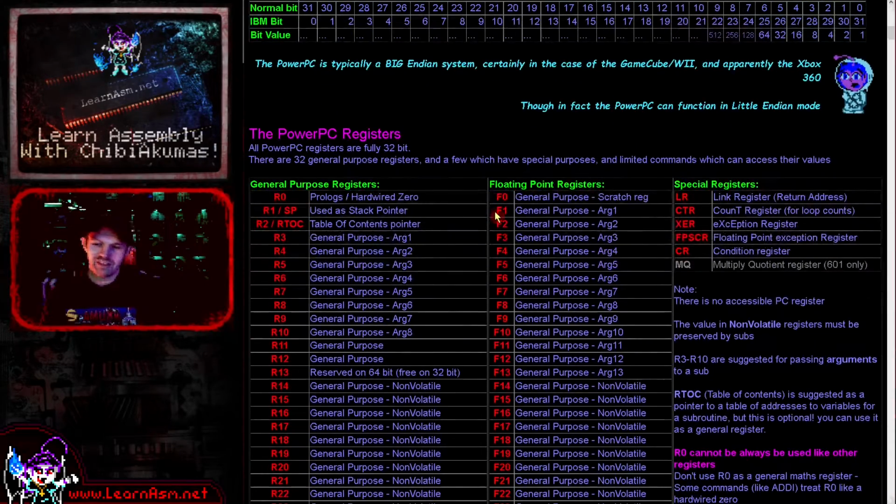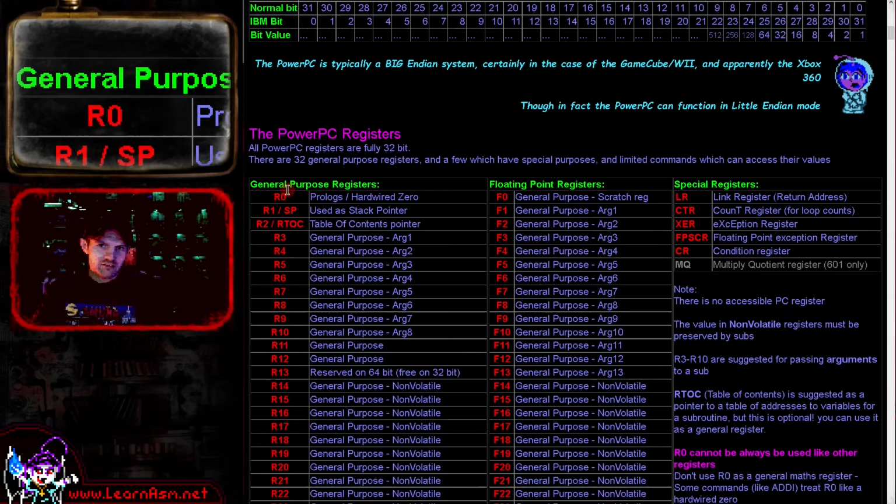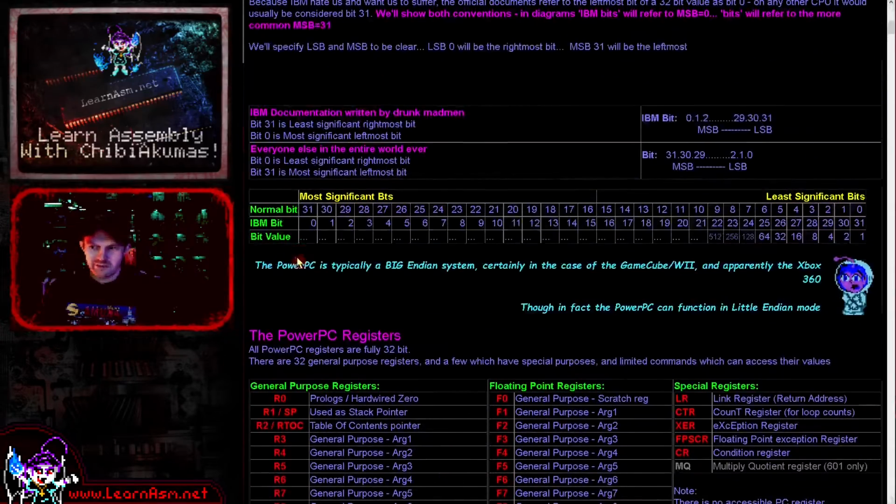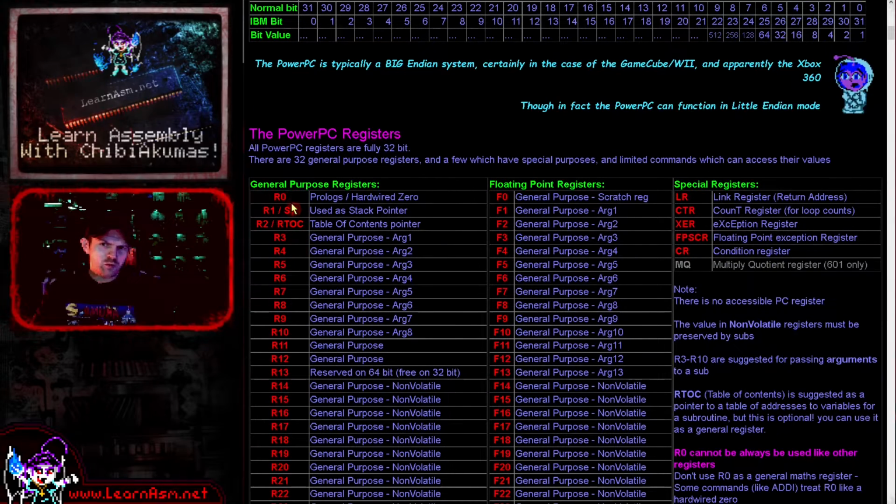Now, one of the other things that is also a bit of an IBM thing is the register numbers and their purposes, and this is something that is in some places not very well documented. Now, the first thing is R0. R0 is our first register. We have a total of 31, so R0 is our first register, but it doesn't actually always work the same